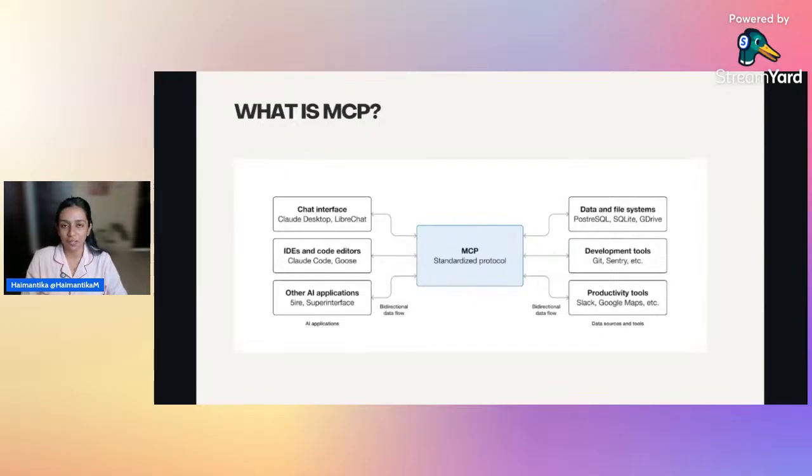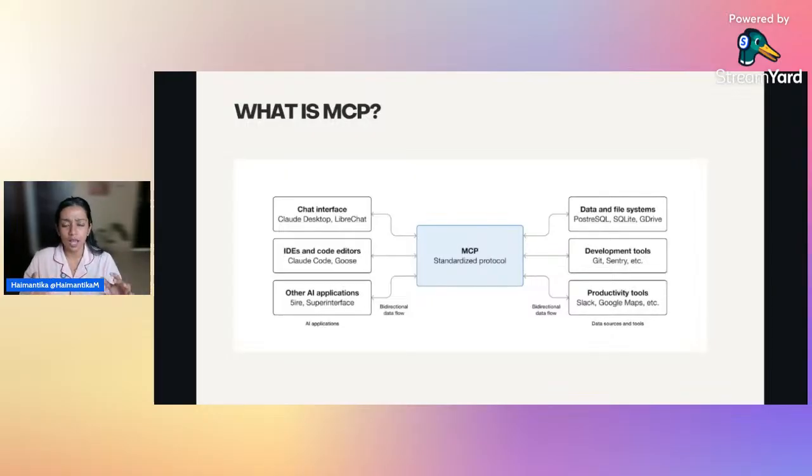So if I had to define what an MCP is, you have probably heard that tools like Cursor and Claude are the interfaces by which we can use MCPs. Using these interfaces, we could call tools like GitHub, and almost every popular tool, Figma for example, has an MCP server. So almost all the popular tools that you know about or use now support MCP. For developers like us, or even for people who are not involved in coding as much, if you're using any chat interface like Claude Desktop, you can connect and talk to these applications.